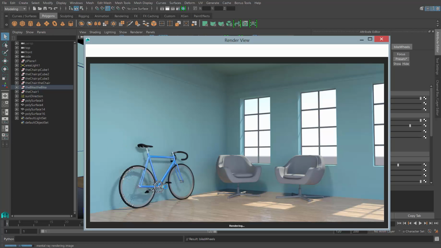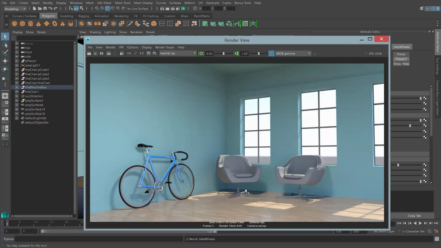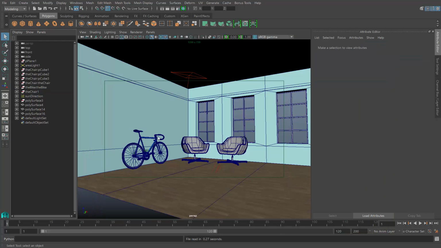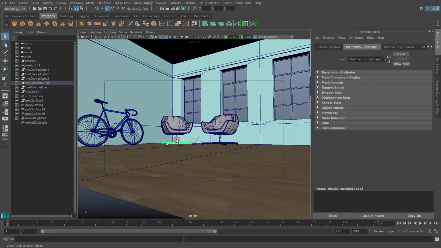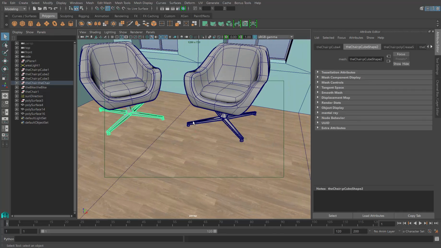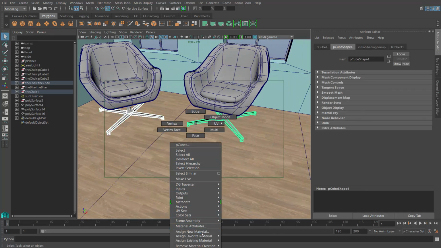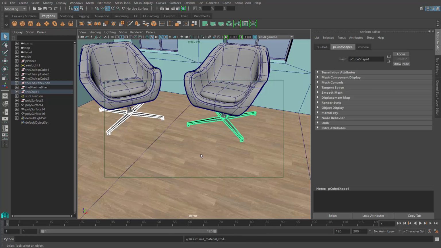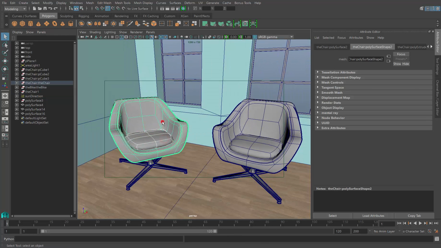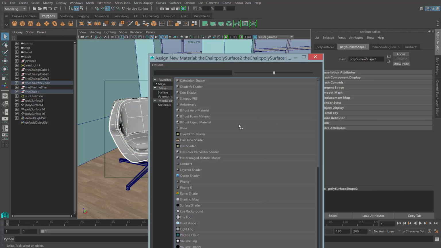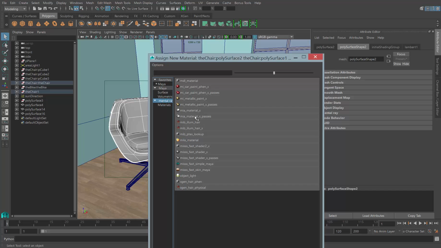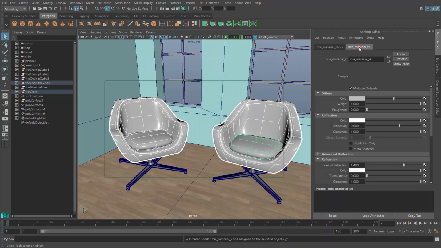So why don't we go ahead and assign the chrome material to these two leather chairs. So why don't we go ahead and select both of these chair bases and right click, assign existing material, chrome, and let's select both seats and the pillows and assign new material under mental ray, MIA material X, and let's call this